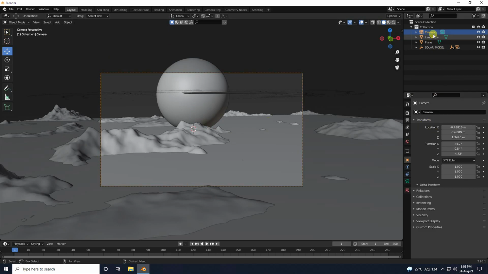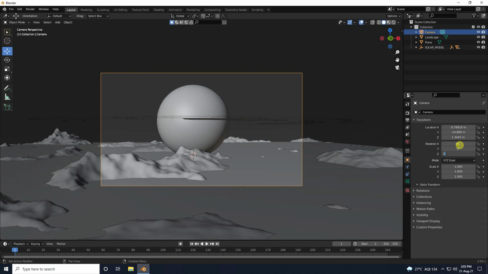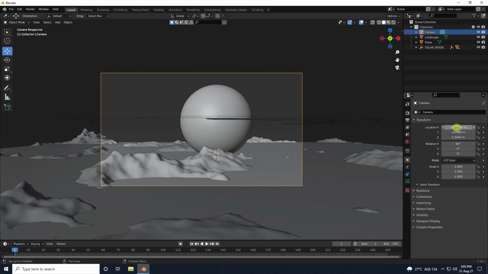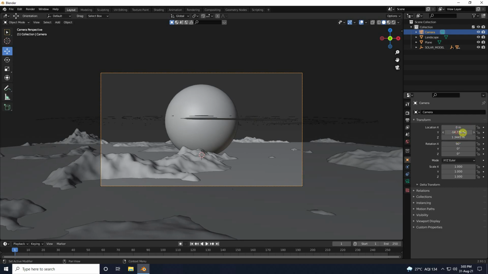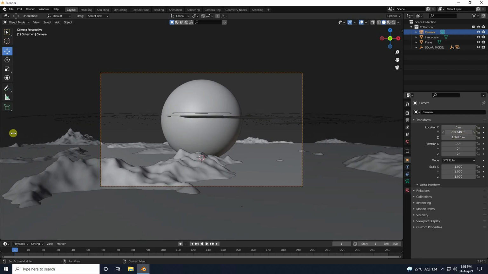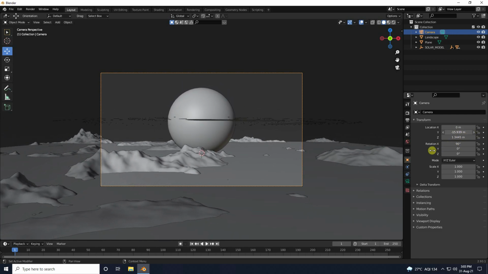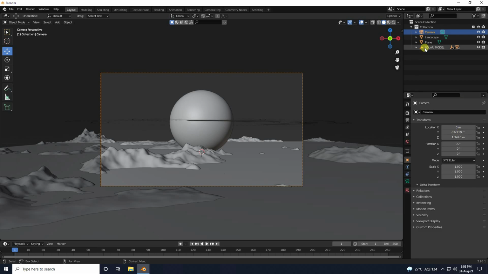And guys, select your camera, and for rotation, this one I take 90, y 0 and 0. Yeah, and this one 0. Guys, it's good. That's my y-axis, take like this. Yeah, more. Okay, so guys, that's my camera angle, it's good.